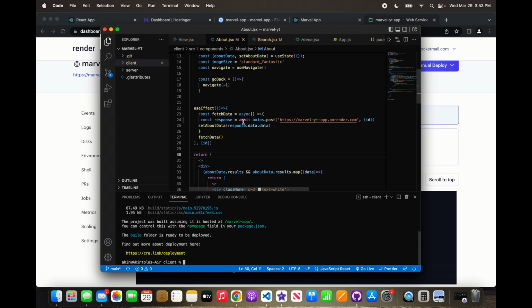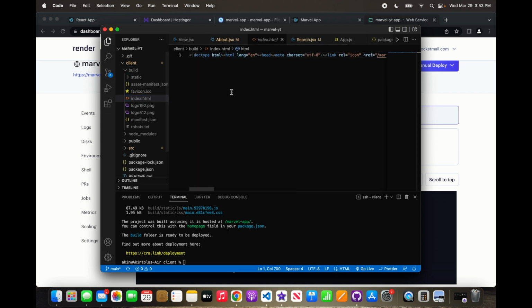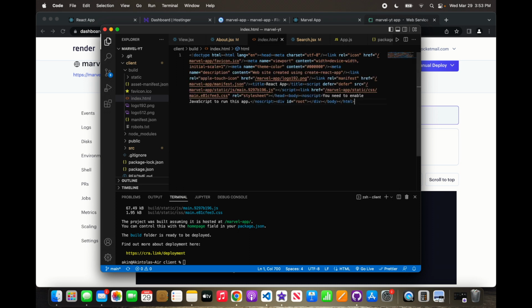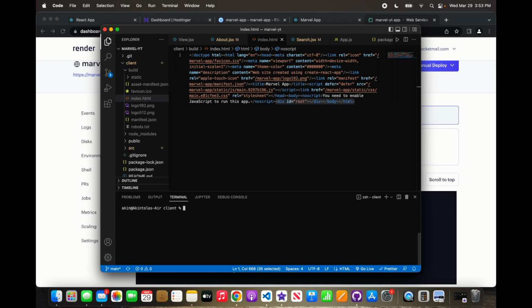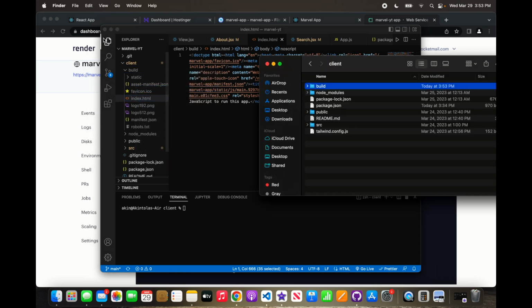And this is just to add everything we just did. And when we do that, where's the build folder? There it is. Okay, so build, and then we can come here to index.html, and because it's going to clear everything we did, just change this to the title. Well, you don't have to change it, I just like to change it. Marvel app, and we're all set. Clear. So now if we do reveal in Finder, close this out,